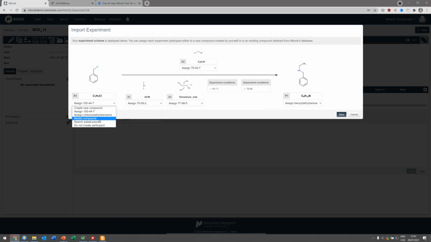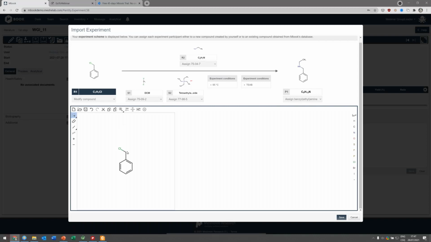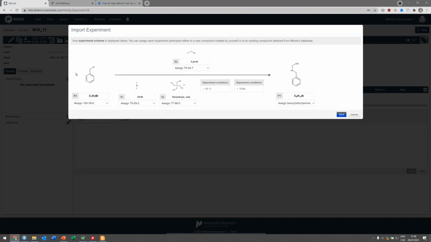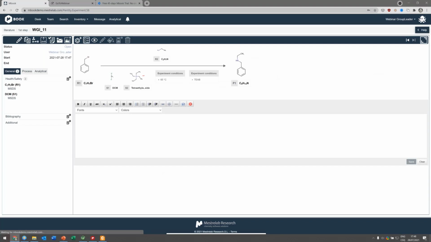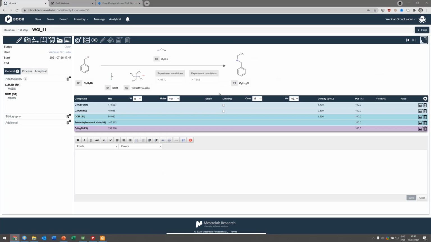So let's say you want to alter the reaction from a previous experiment. It's as simple as redrawing it, for bromine, and saving, and it will be modified. So if something is incorrectly read, you can alter it. This way you will have created the reaction scheme, and now you just need to fill it, starting with